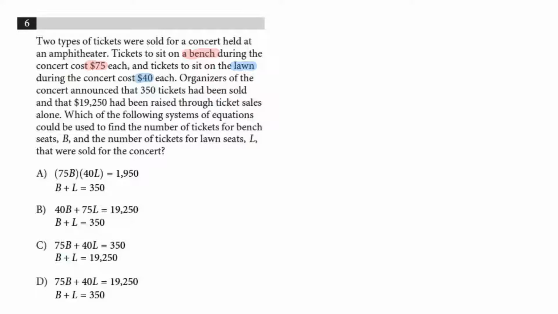Organizers of the concert announced that 350 tickets had been sold, and $19,250 had been raised through ticket sales alone. Which of the following systems of equations could be used to find the number of tickets for bench seats and number of lawn seats? Okay, so let's start out with, well, we know 350, so 350 is the sum of